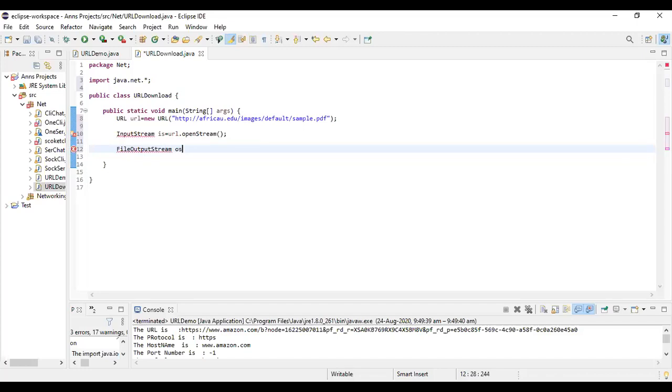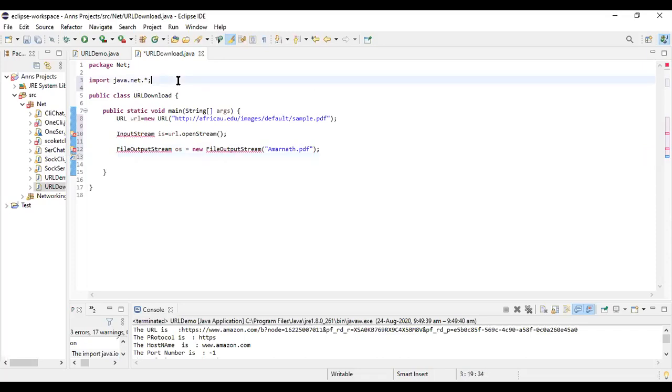So we'll just have os is equal to new FileOutputStream. I'll just give a random name, amarnath.pdf. Okay. Now, whatever I read from that Africa file should now come into a file called amarnath.pdf.